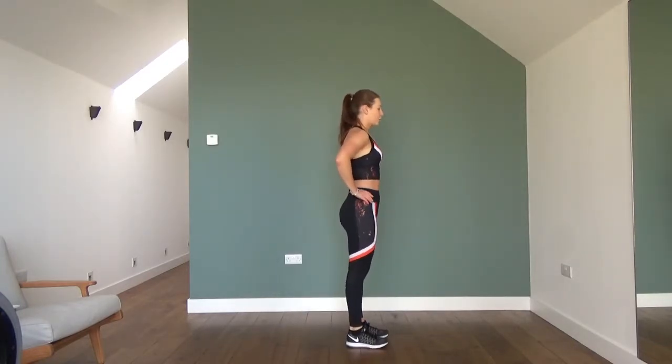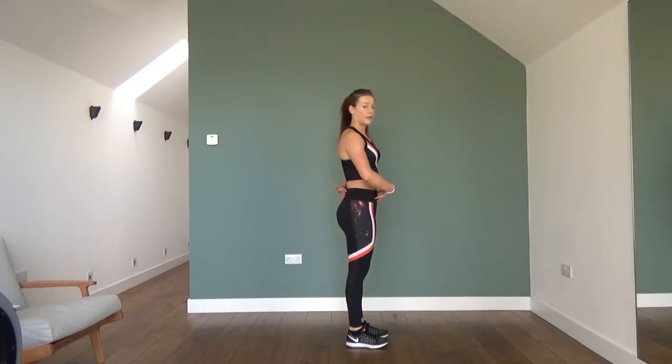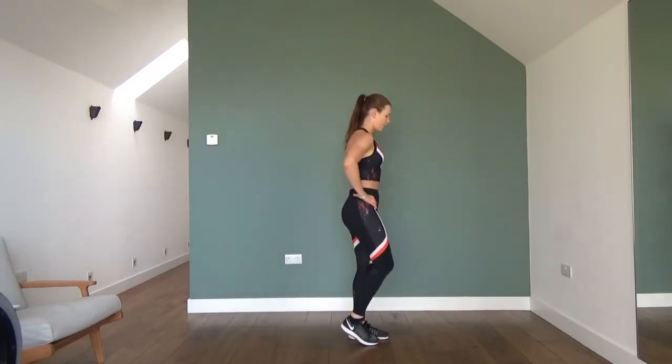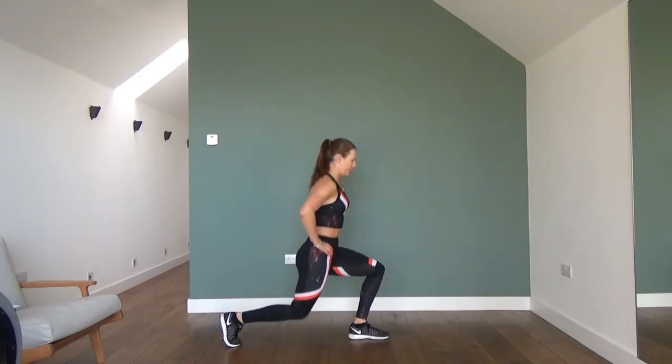So nice and tall, again, tummy switched on. We need to be able to keep the core engaged all the time. And then we're stepping it back. So 1. And then come back up, lightly tap the foot on the floor. 2,